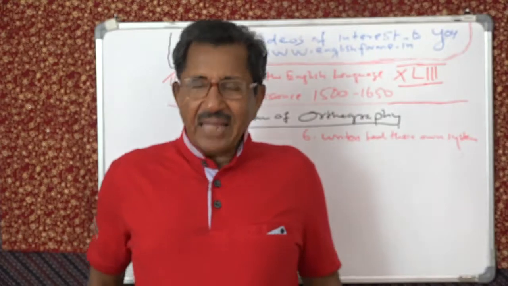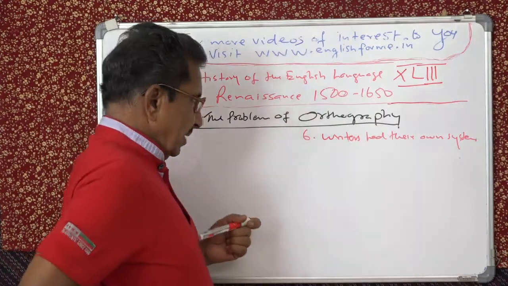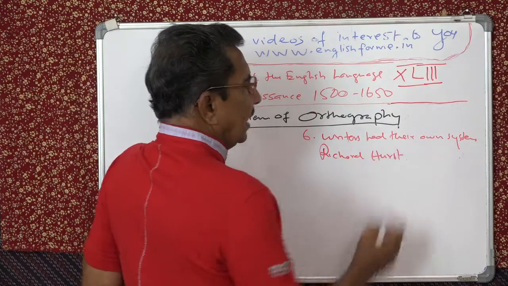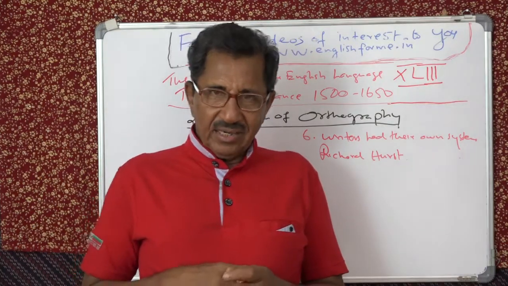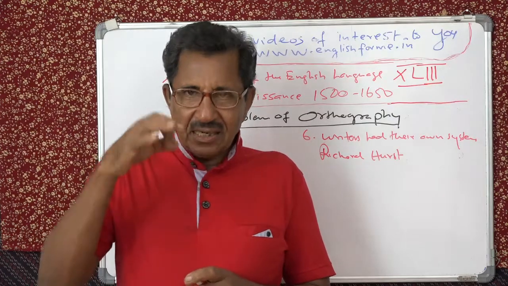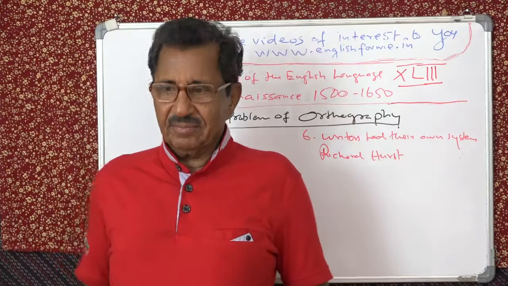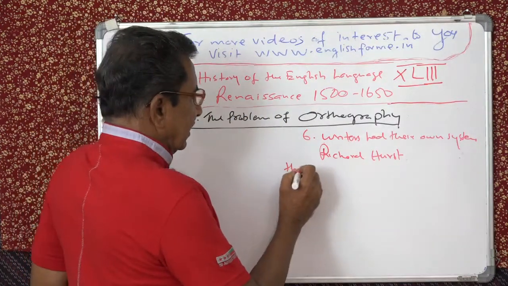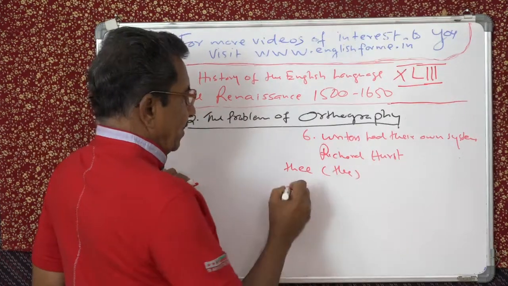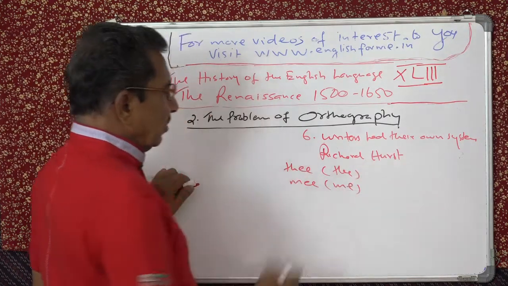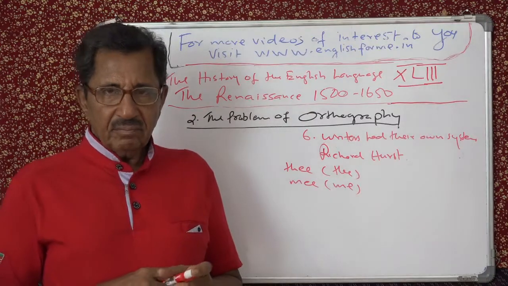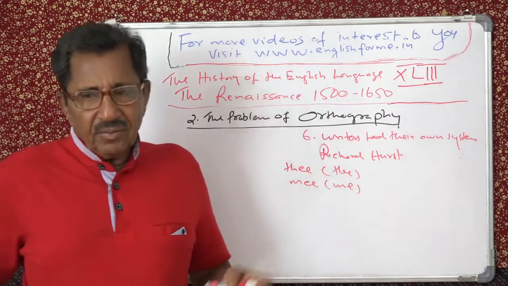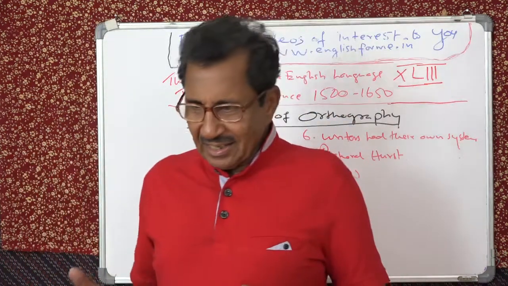I have already told you somewhere. And then Richard Stanyhurst, there is another man. Writers had their own system under this. He attempted a translation of Virgil's Aeneid. And he wanted to imitate the meter and the rhythm of Virgil's Aeneid as such in the translation. So he also did some tricks like this. He wrote T-H-E-E instead of the, and me instead of M-E. Now this is for counting the syllables, to imitate the meter of Virgil's Aeneid. Anyhow, for some reason or other, it has created confusion again